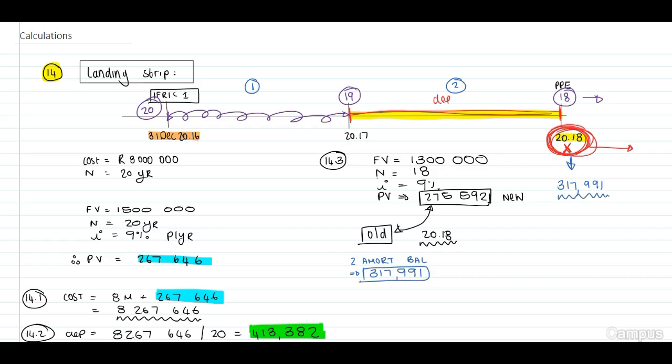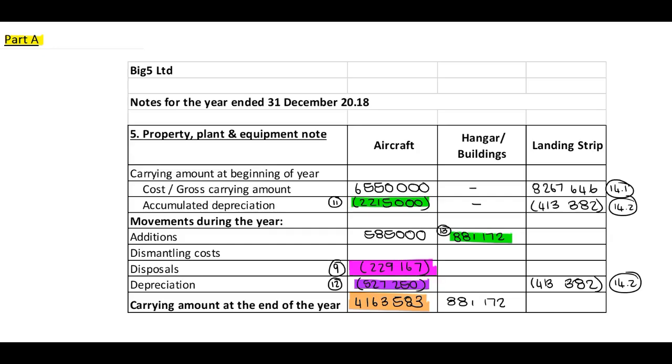The difference between our old and our new will therefore be 317,991 minus the 275,592. And this will be a decrease of 42,399. A decrease, therefore you will have to debit your provision and credit your PPE. Let's transfer this. Dismantling costs decrease 42,399, and this is calculation 14.3,